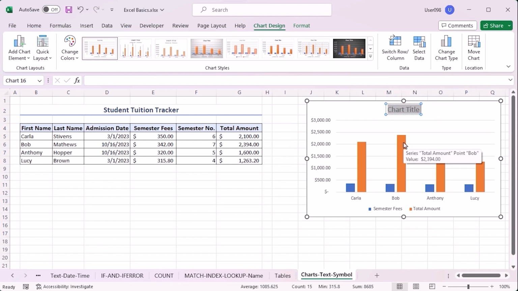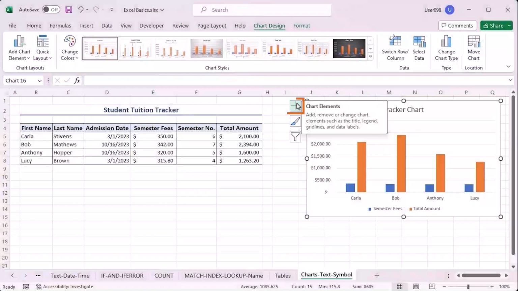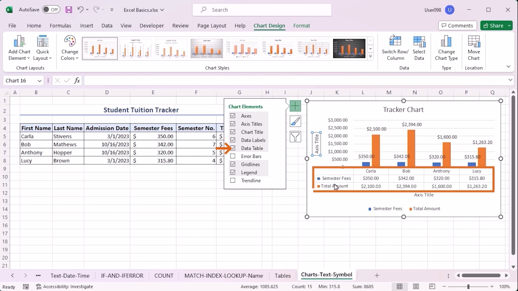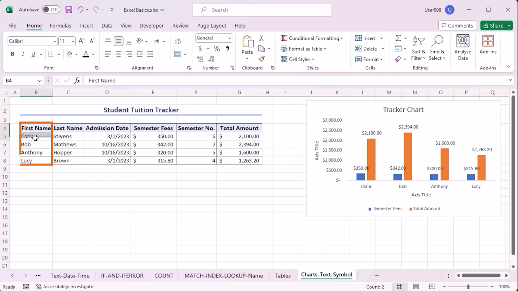Clicking on it, let's type tracker chart. And as you can see, there are additional icons. This is for chart elements. If we click on here, we can add axis titles. Selecting data labels will add the exact values above the columns. Data table is for the exact same values from the dataset. Grid lines, it will be visual on blank background. Now if you select them again,